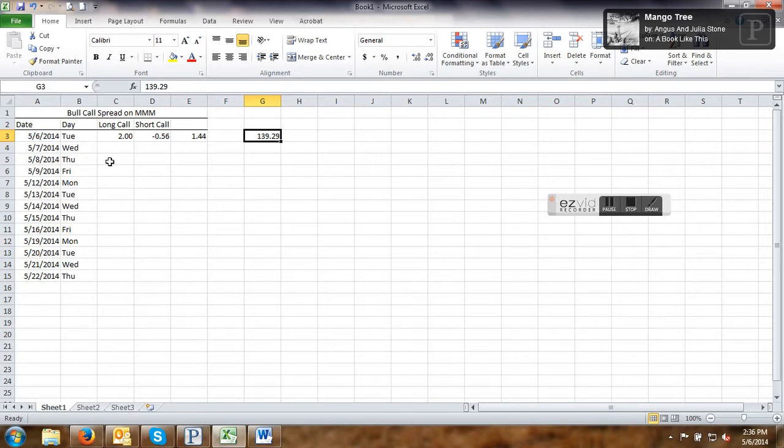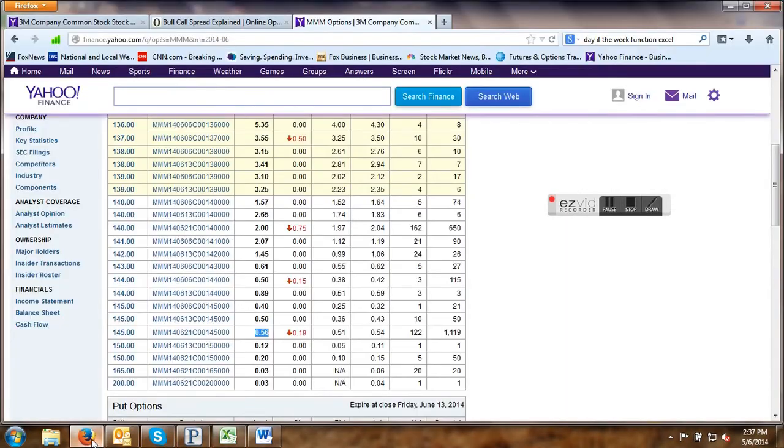over this period, unlikely but possible, then it would be better just to buy the stock, because the most that I'm going to make on this spread is roughly $5 a share. So again, by doing the bull spread, you're limiting your upside potential. On the other hand, this is based on 100 shares for $144